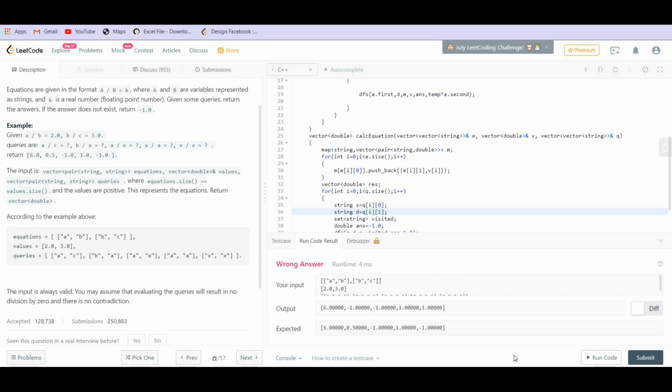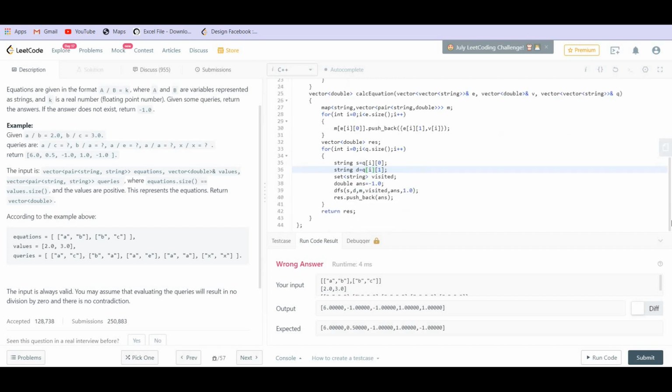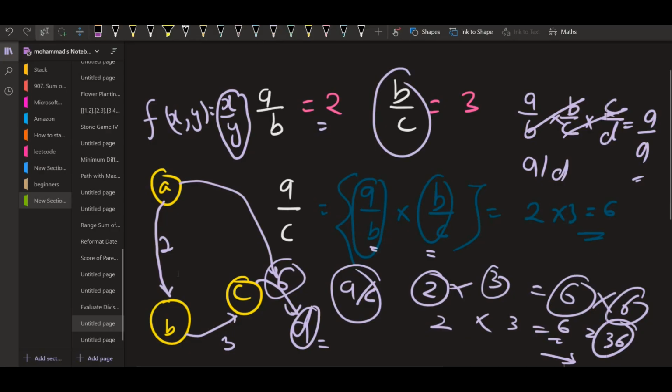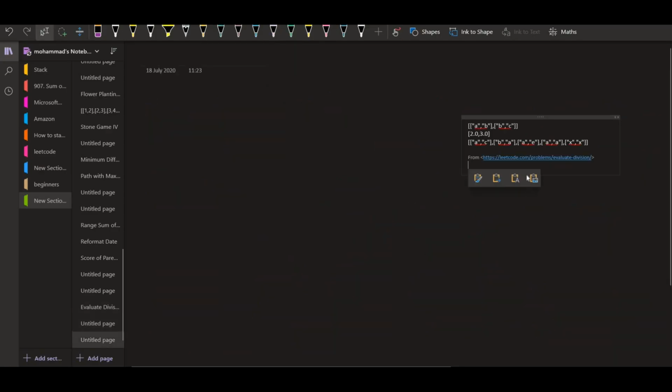So we are getting wrong answer for a few of the cases. Let us try to handle them one by one. So for the last case, the answer is 1. It should be -1. Why is it 1 for the last case? That is because of the edges that we are given here. Let us try to make the graph first.